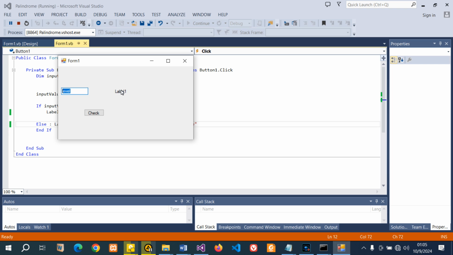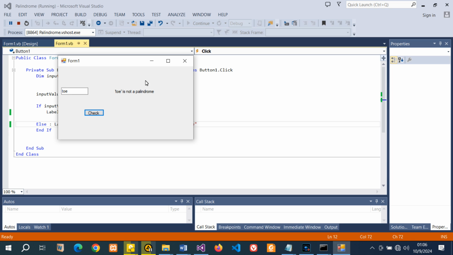So this program now checks whether this word is a palindrome or not. If it's a palindrome, it displays in the label that it's a palindrome. If it's not a palindrome, it displays it's not a palindrome. So here I'm supposed to see that level is a palindrome, because when you read level backwards, it is a palindrome. Let's try radar, like this. Radar is also a palindrome, but then if you try toss or toe, it's not a palindrome, obviously. Toe is not a palindrome because if you read it backwards, it's not the same as when you read it